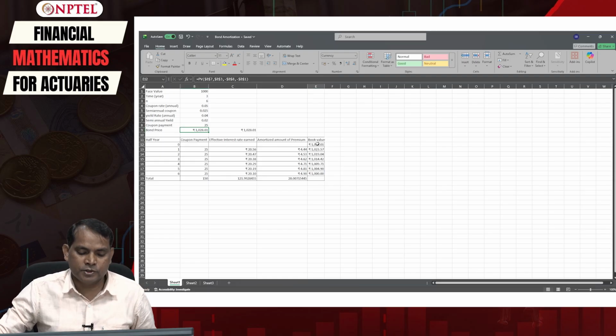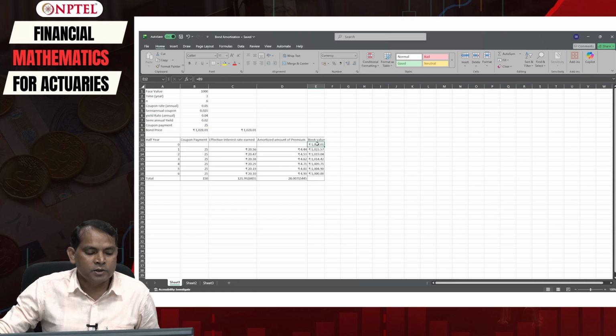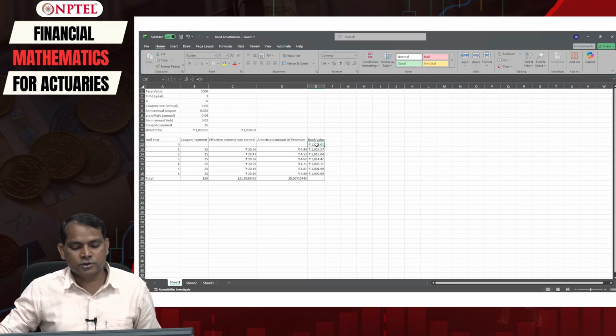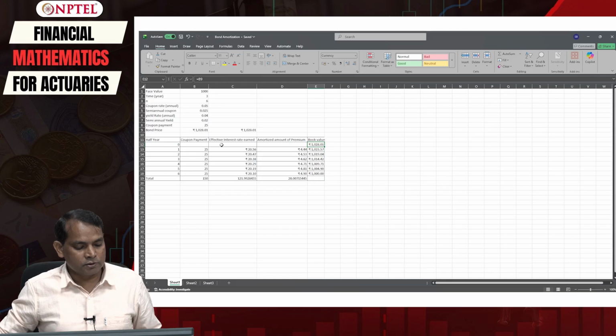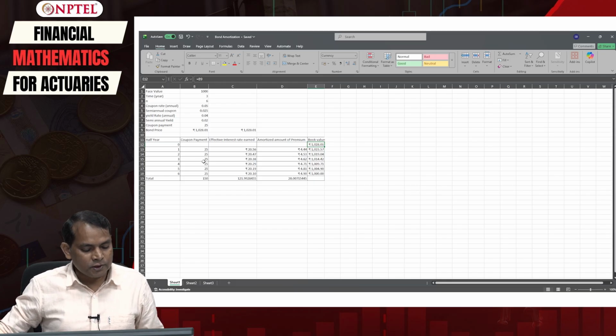So the first book value you have to enter here is the bond price, that is 1028.01. Now click here equal to this B9.